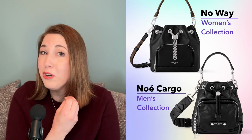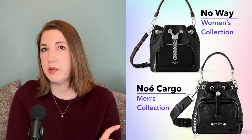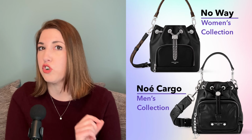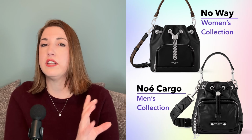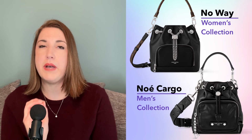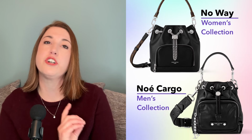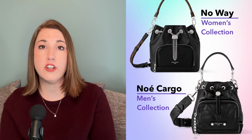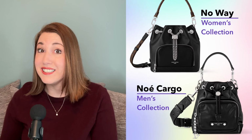Even though they're more or less the same bag, they feature different zipper pulls as well as different drawstrings. One is a chain drawstring, one is leather, and the handles are different. The men's version is completely full leather. The women's version does feature a touch of monogram canvas on the straps, but other than that, they're basically the